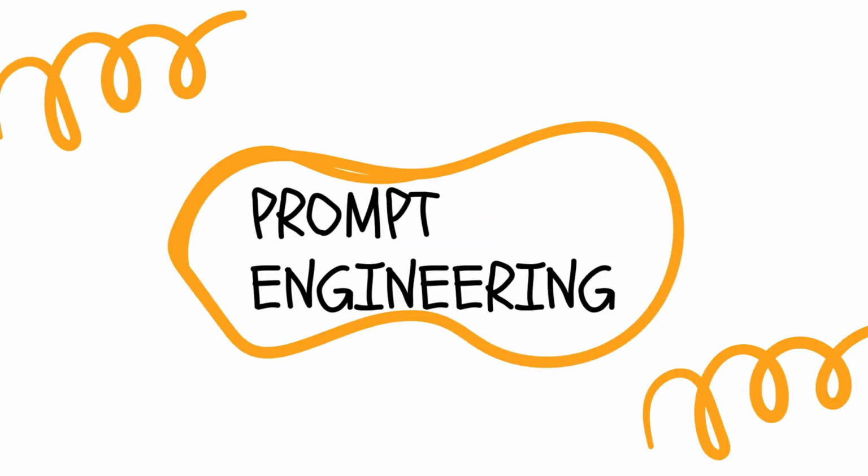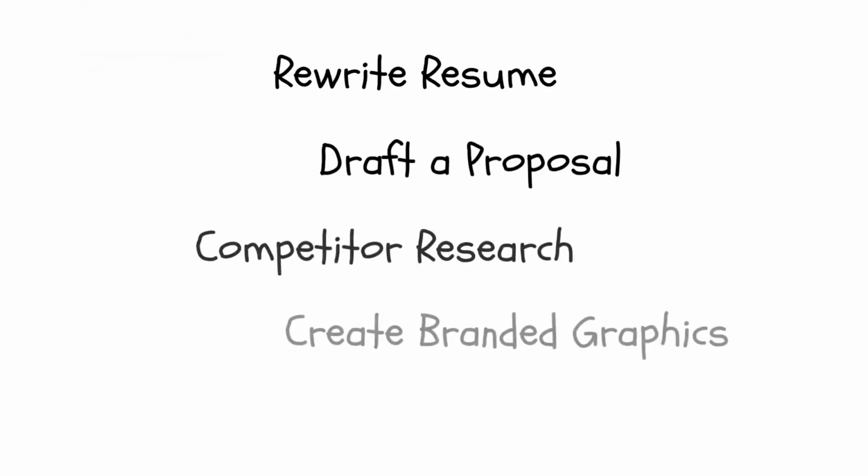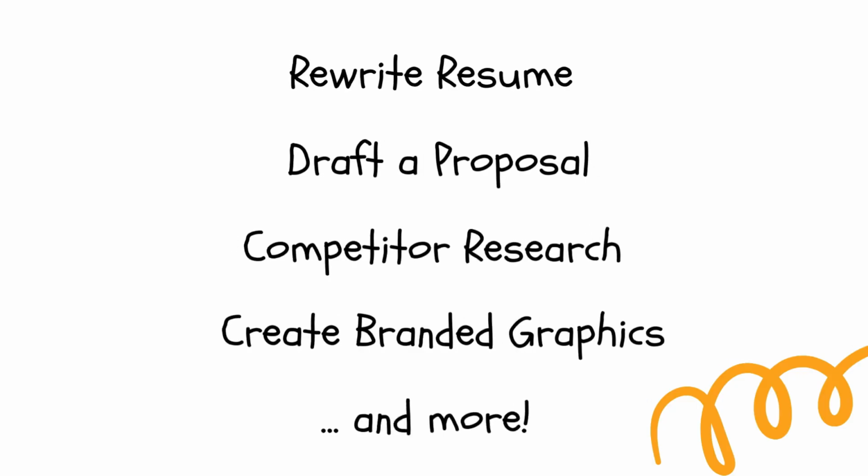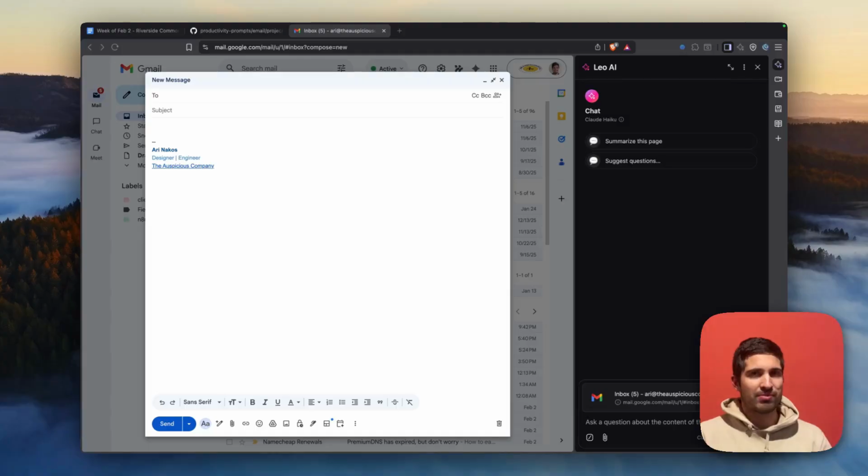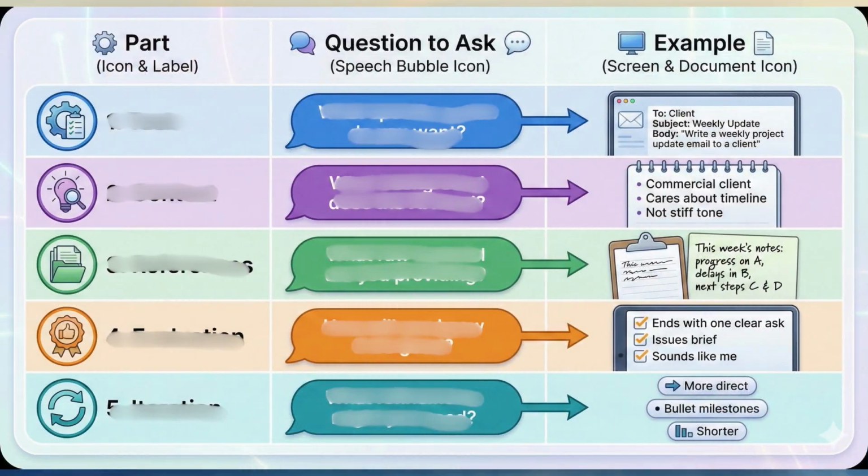One prompt can rewrite your resume. It can draft a proposal. It can research about your competitor. Really, this is the value of prompt engineering, but most people don't really know how to do this. And there's a 5-step framework I will share here, made by Google, that will help you get the job done